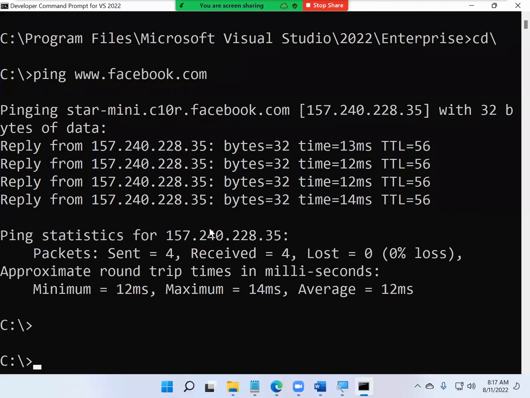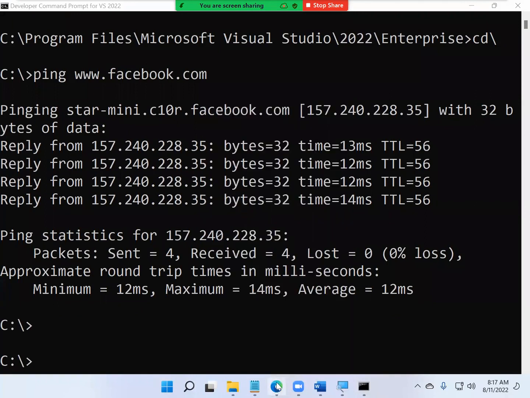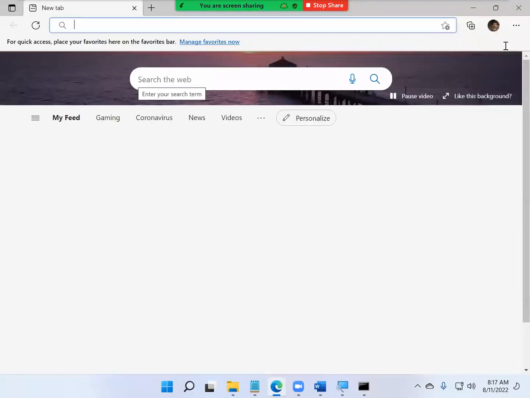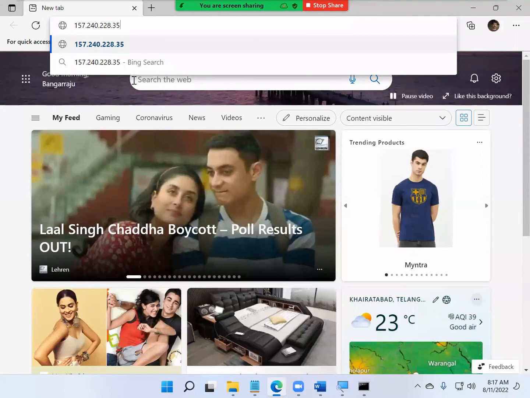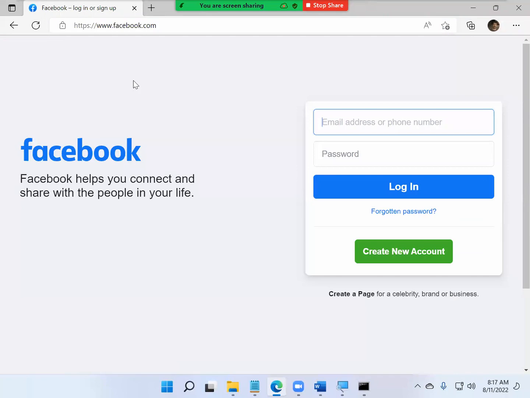I'll preview, see that. Open a browser. Just watch. Open a browser, and without typing facebook.com, I'm typing the IP address and hitting the enter key. Got it? That is the IP address of Facebook. How to find it?